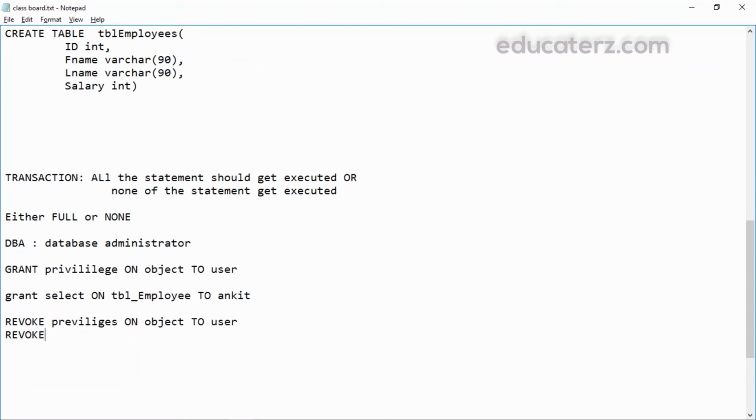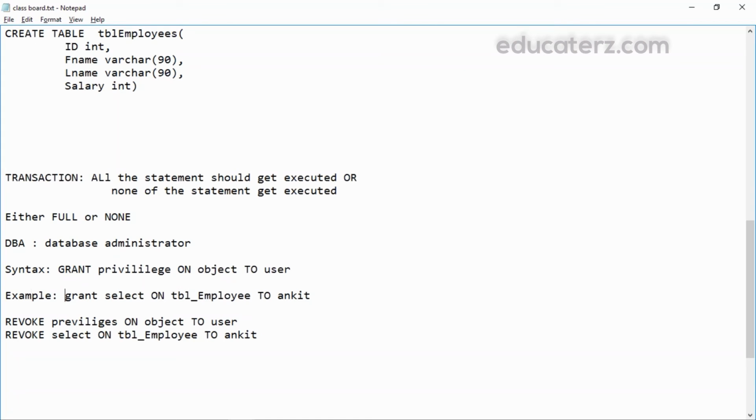Suppose revoke select on employee table to user ID. This is the one. So like this, we can grant and revoke permissions to the users. This is the syntax. This is an example. Grant. Then revoke, this is the syntax. This is an example.